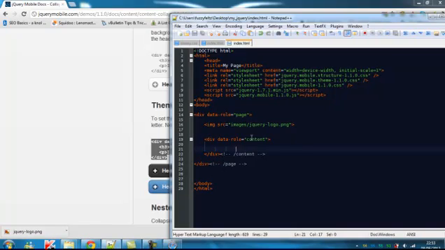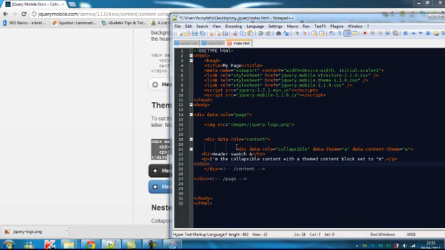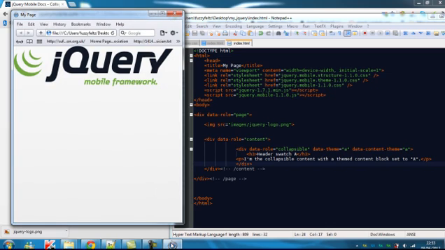I'm going to go back over to the code, and it's a simple case of pasting it into the content. I'm going to be pasting it in here. Probably just need to be indented that much, but if I go back to the Safari, we have a nice little collapsible header,